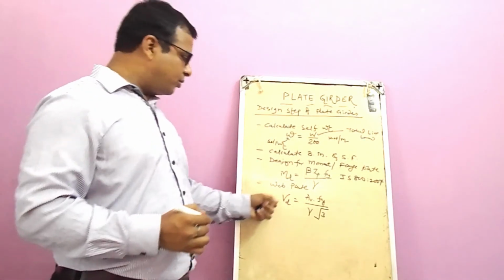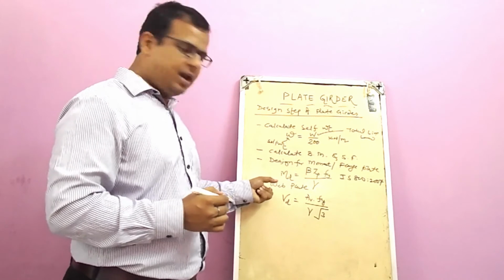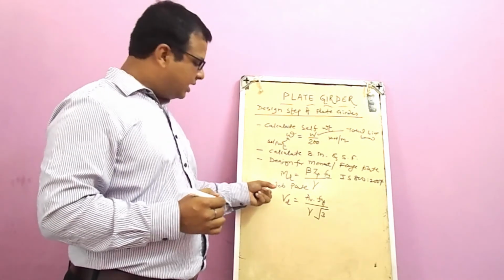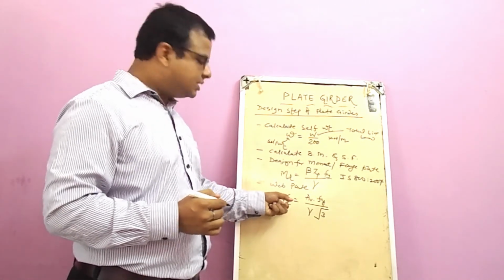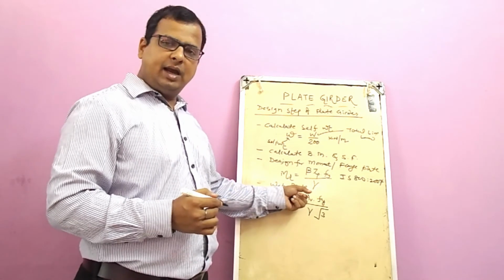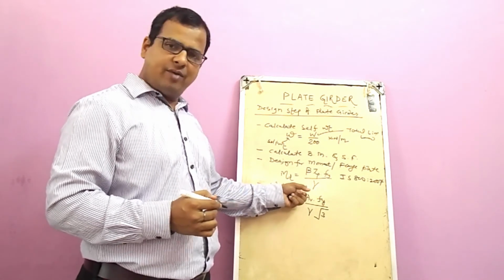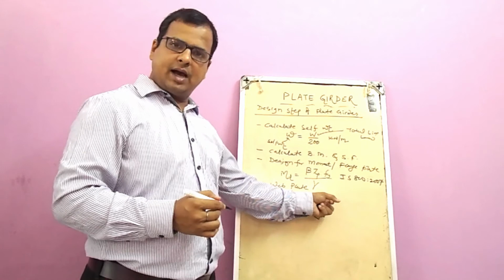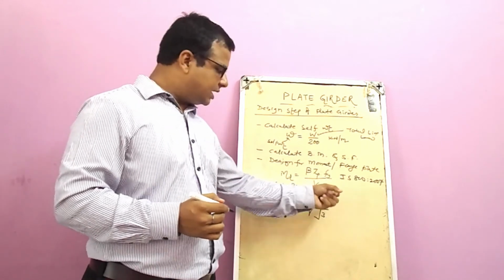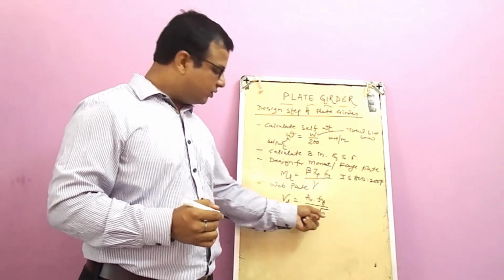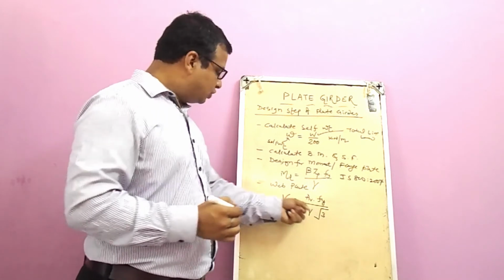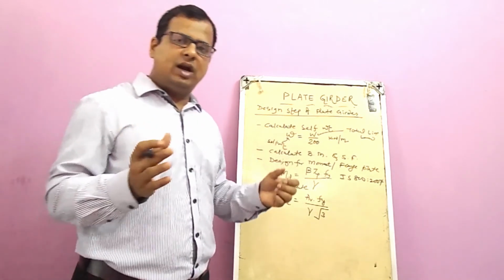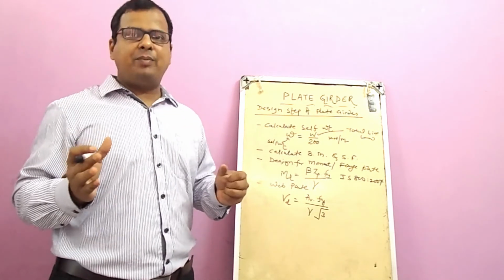So this formula will give the area of the web plate. So VD is the design shear force, AB is the area in shear or web area, and Fy is again the yield stress of the web plate, that will be 250, gamma is 1.1, and this will be root 3. So in this way we can calculate the area required for the web plate, and we